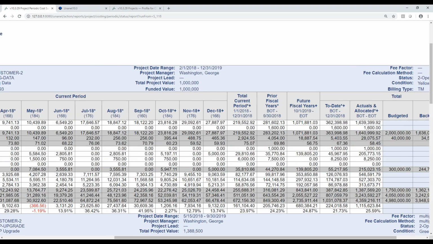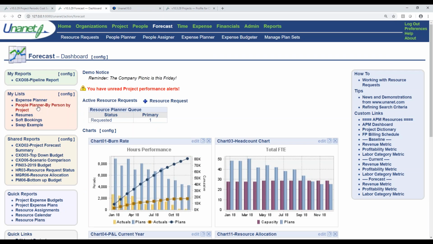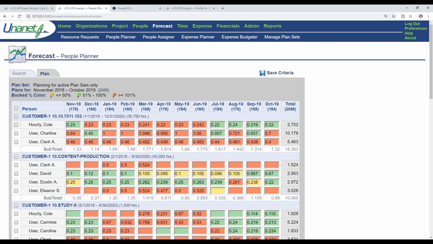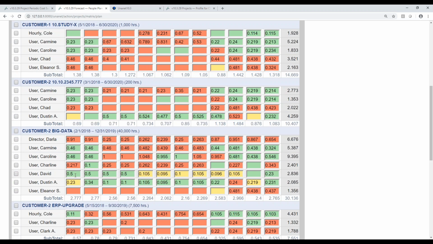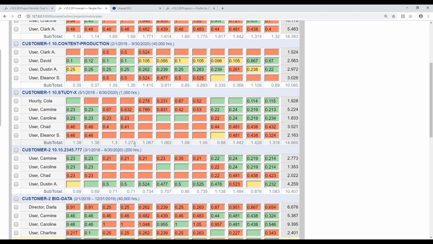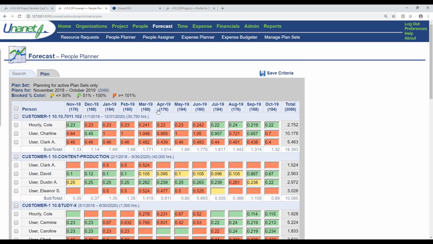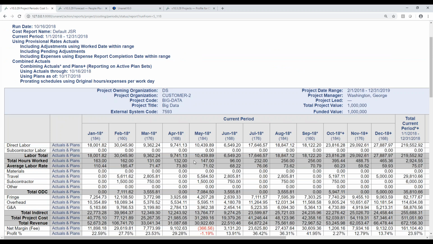And all that would likely require is them going in here and planning. Given time, I'm not going to have time to do all of this, but just to give you a sense, I'm going to go into this project and update my plans. In this version of the plan, I'm planning in terms of FTEs. I can also plan in hours. I can look at it month over month, week over week, day over day, semi-month over semi-month, however I want it to plan, and I can build that grid. But then I can refresh this report and understand how all of this works together. And we're happy to get into more details in the future.